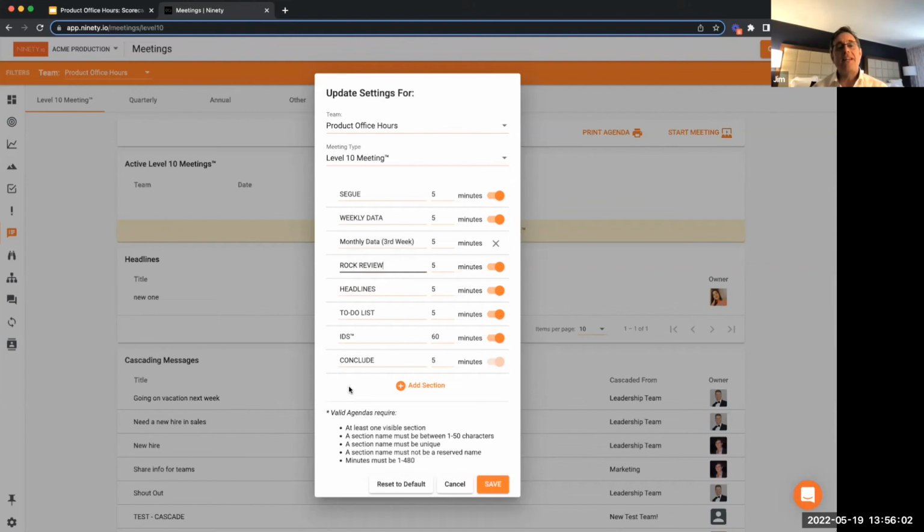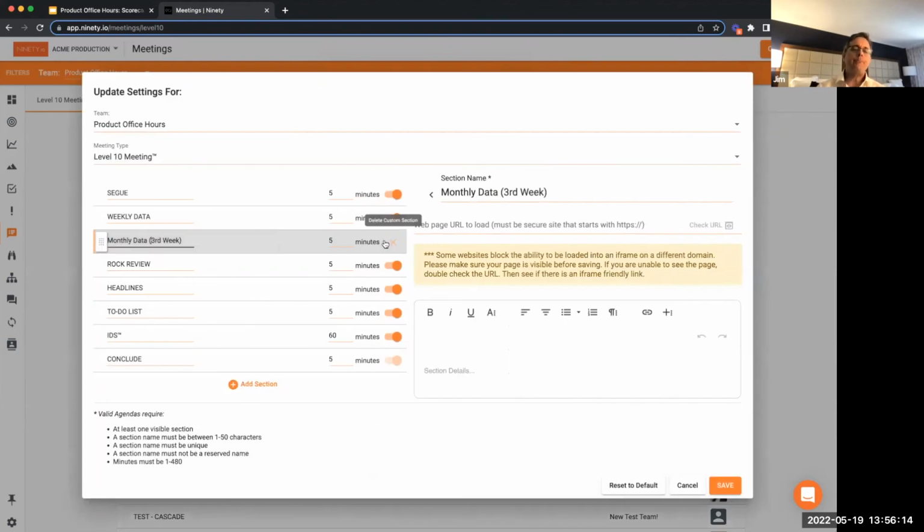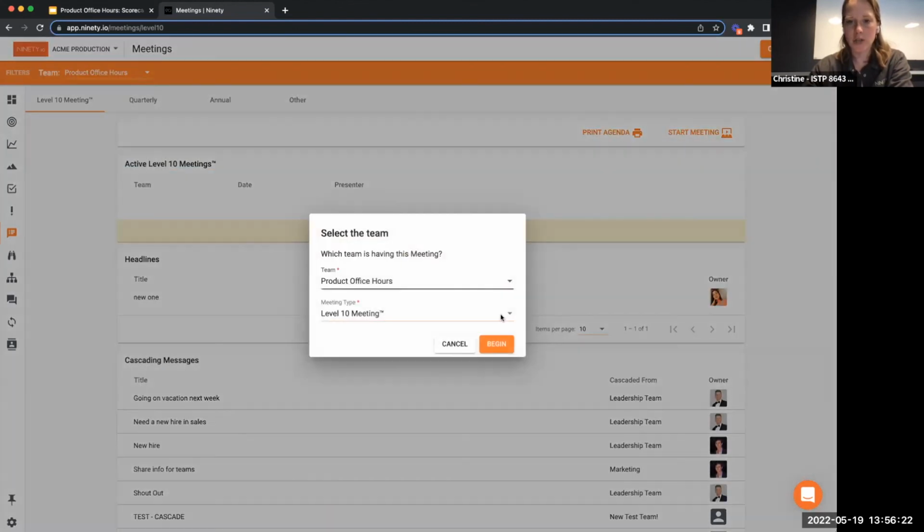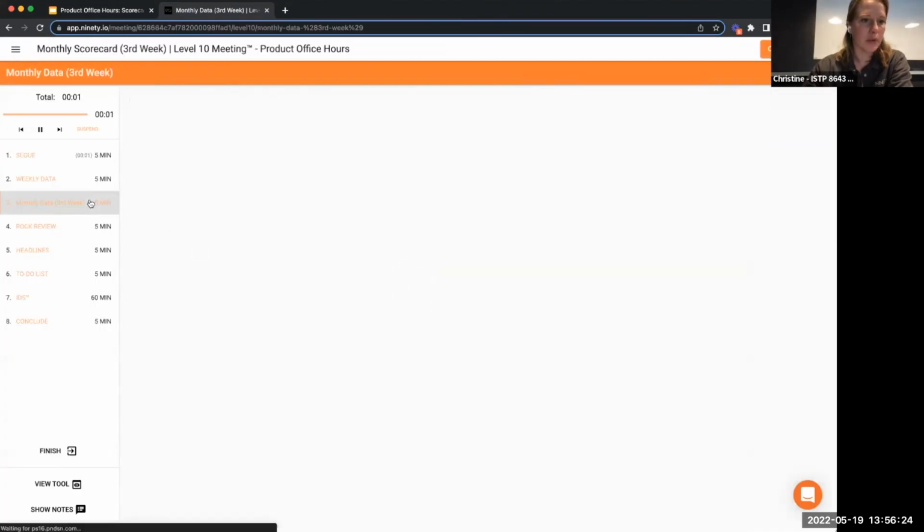So it's right there, and it takes no time if you're not looking at it. So you get some time back. But you can also drop the link into the page directly in that custom section. So you can either put a link to the scorecard page right there, or once you get to that section of the meeting, if I go ahead and just start this meeting, I didn't put the link in, so it's